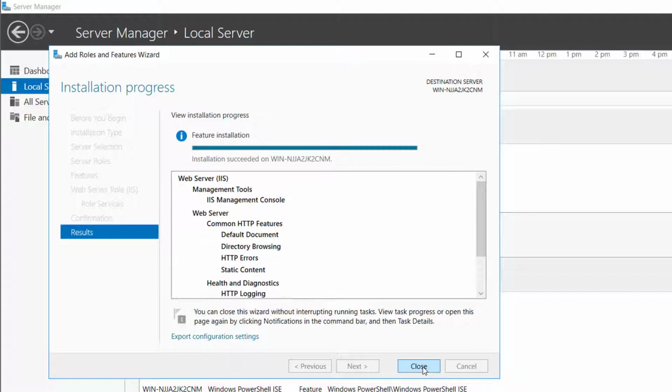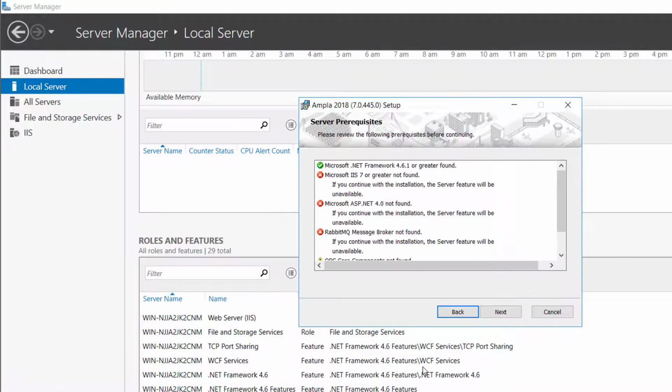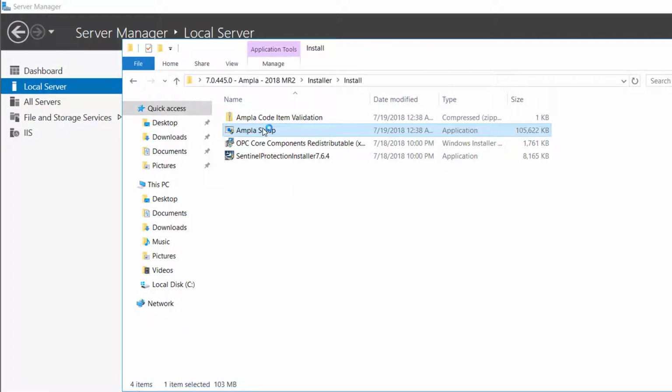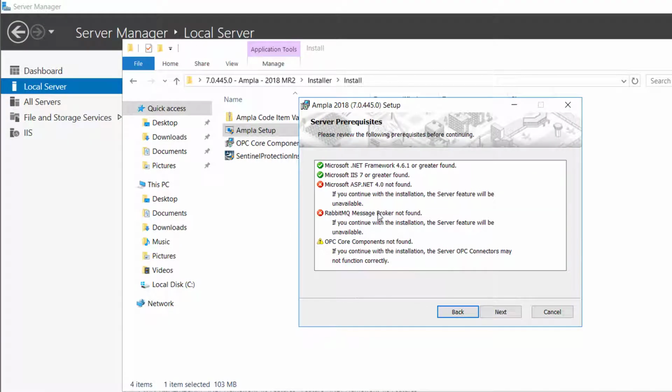Okay, now we have IIS installed. We should be able to close this, and we should be able to rerun the installer and find that IIS is now installed happily. Okay, so we can see here now it's saying that IIS 7 has been found,